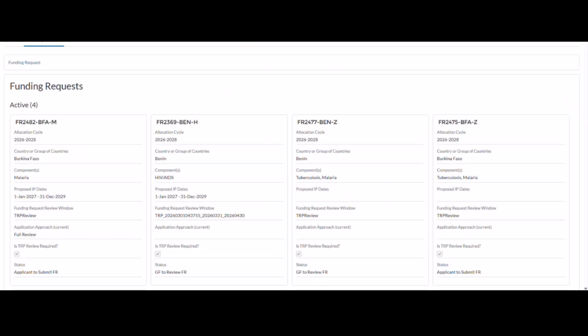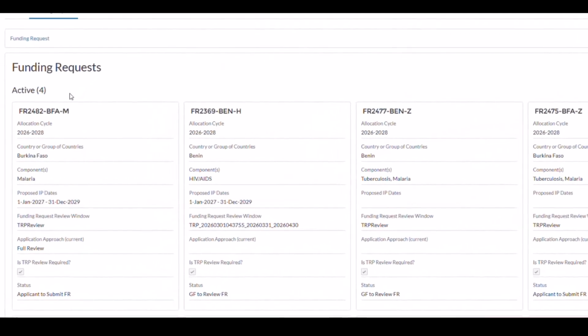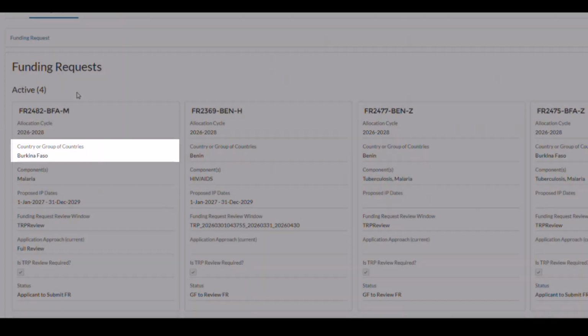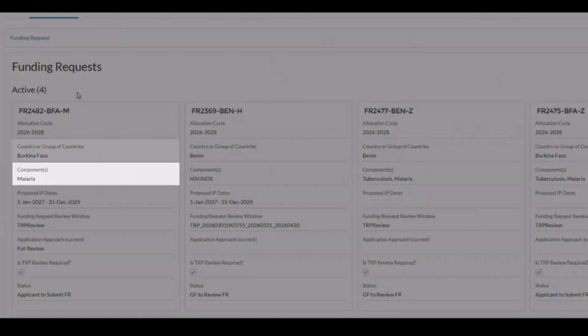When you click on the email notification to log into the partner portal to access the funding request, you'll find a list of your country's active and completed funding requests. This view appears after a funding request has been created. Here, you can see key details such as the country, the components involved,